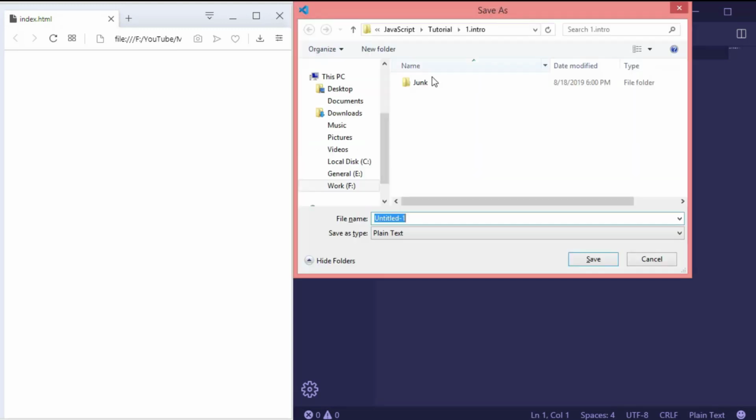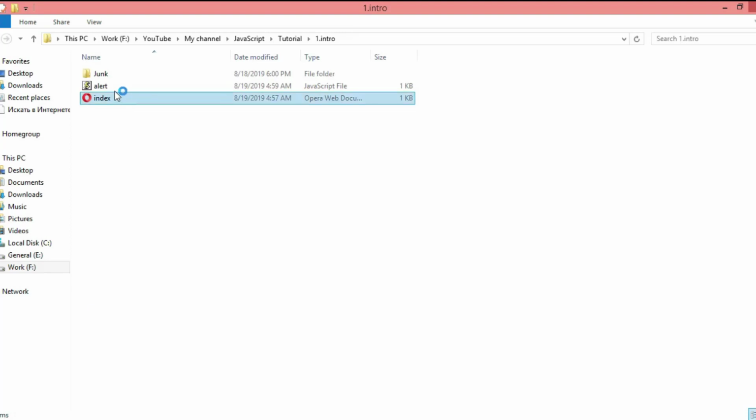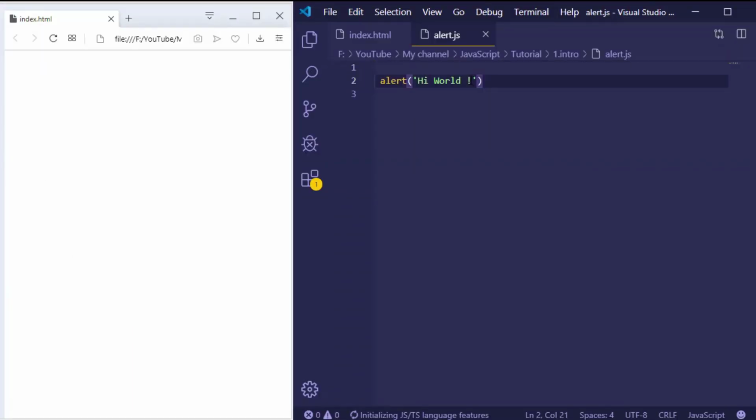Now let me save it here in the same folder and, for example, call it alert.js. You have to save it as a JS file, a JavaScript file, and here is how it looks. But let me make another sentence and type how are you.